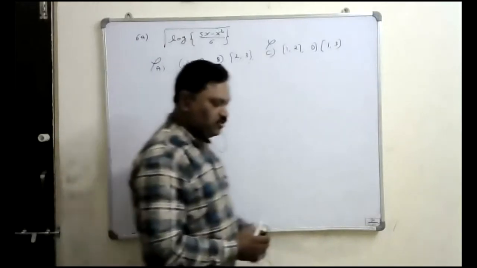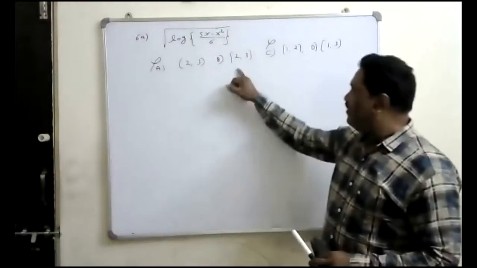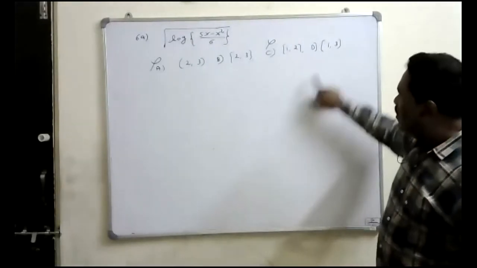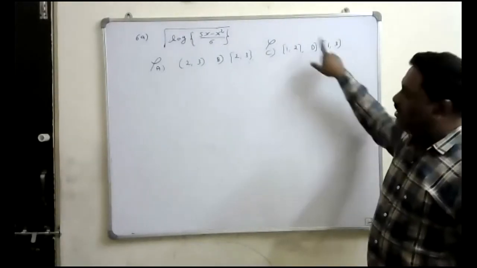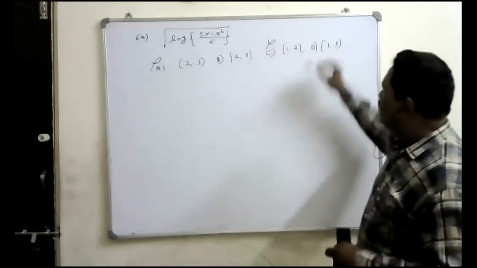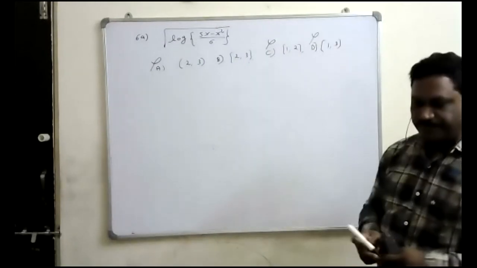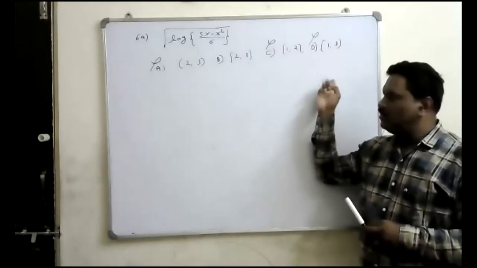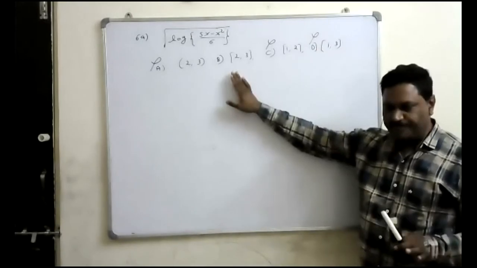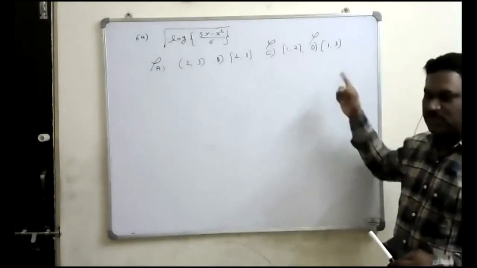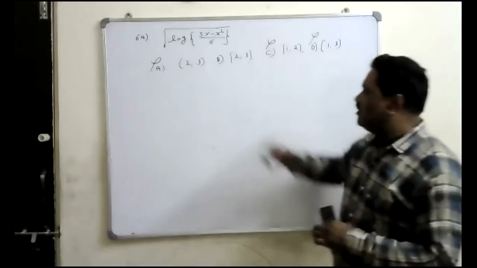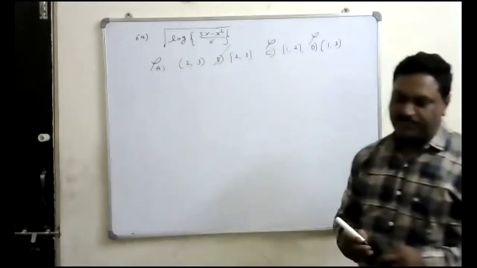Now look at the D option. Again, B and D, if you observe, here also 1 is there, but 1 is not satisfying. That's why it is not the option. This is also not the option. What about the B? I don't know. But these three are not the correct options. That's why this is the correct option.